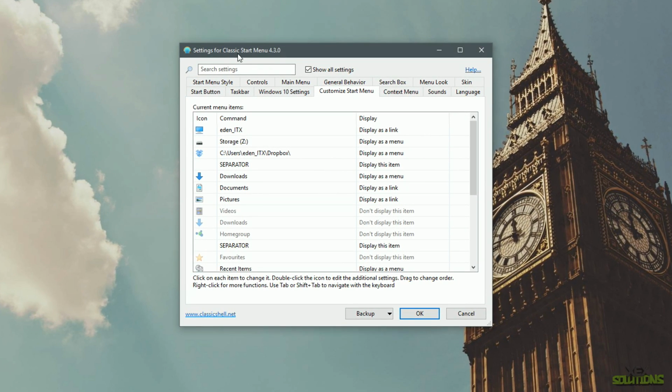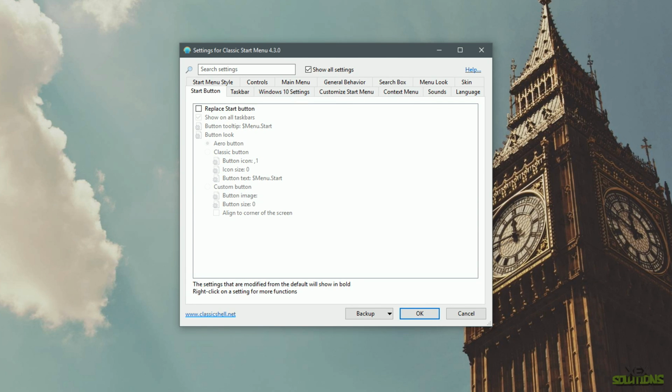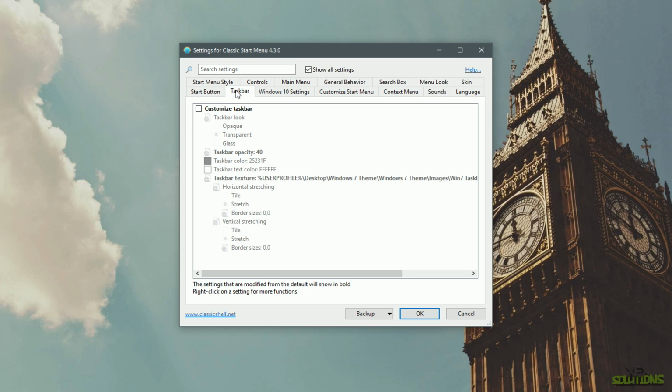go ahead and go into these settings. Now there are a whole bunch of settings in here. You can customize practically everything. You can even change the icon from the Metro looking Windows icon if you want by going in here, choosing start button and then replacing it. You can also change that as well. Classic Start Menu also has options for the taskbar, so you can make it transparent, opaque, and different things like